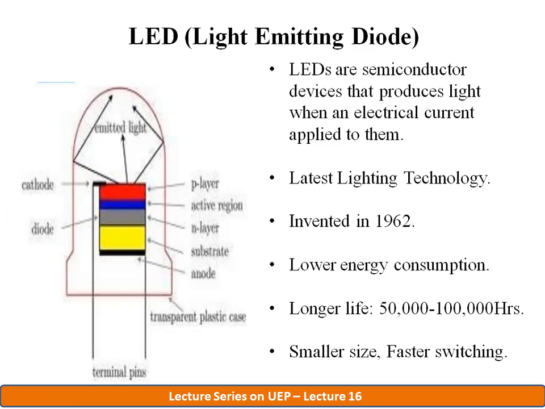Typical LED shapes are shown in this figure. It has lower energy consumption because 1 watt emits 1100 lumens. For one example, a comparison between the LED lamp and the incandescent lamp: a 40 watt incandescent lamp emits 750 lumens, whereas a 9 watt LED lamp emits 900 lumens. So here power consumption is also less, as well as it emits more light from the lamp.